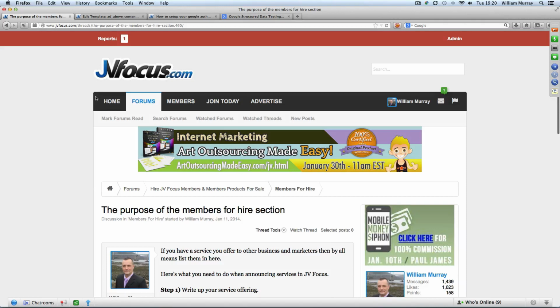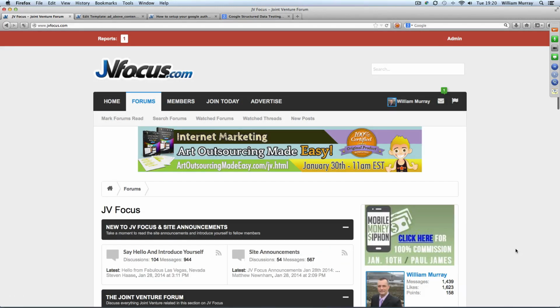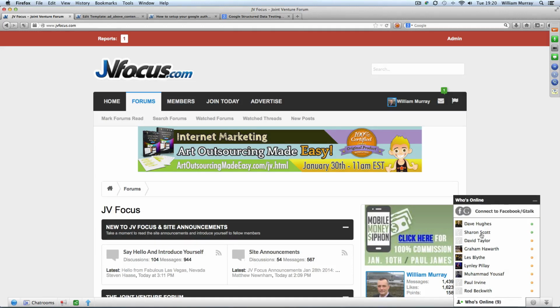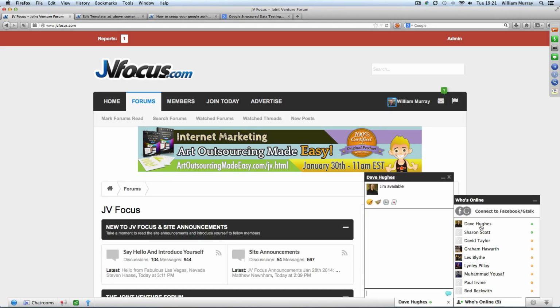And I guess just before I go, I'll quickly go over the chat box at the bottom. Non-members cannot see the chat bar in JVFocus. Just down here to the right, you can see who's actively chosen to display their status as online or busy or whatever. You can click on their name and have a chat with them. You've got loads of different options which I'll let you explore along the top. You can even have an audio and a video call. You can view your chat history. You can also do